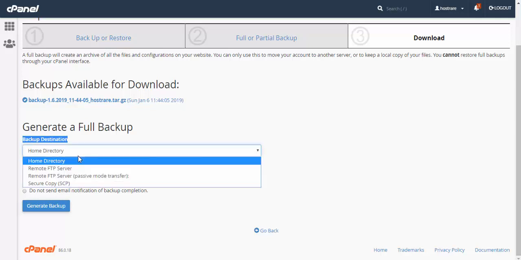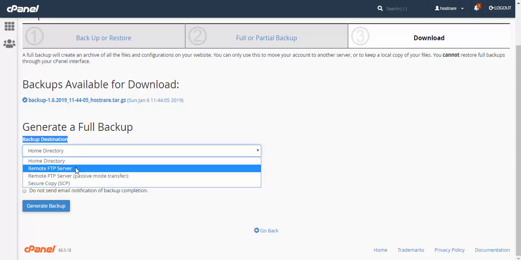Home directory means the root directory of this cPanel under this domain, the cPanel which you are going to take backup of. Remote FTP server: if you have FTP access in this server or any other server, you can make a backup from here.